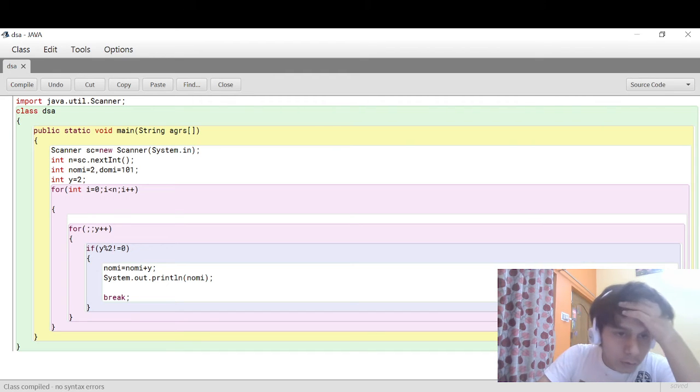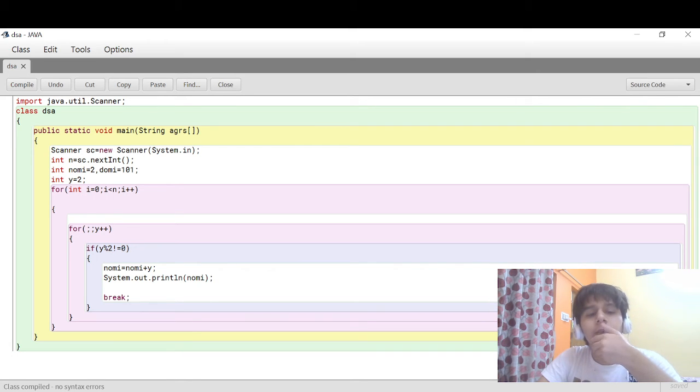So I know why it is showing like this. This is a silly mistake which students make. So the y value is not repeating, so we have to repeat it.